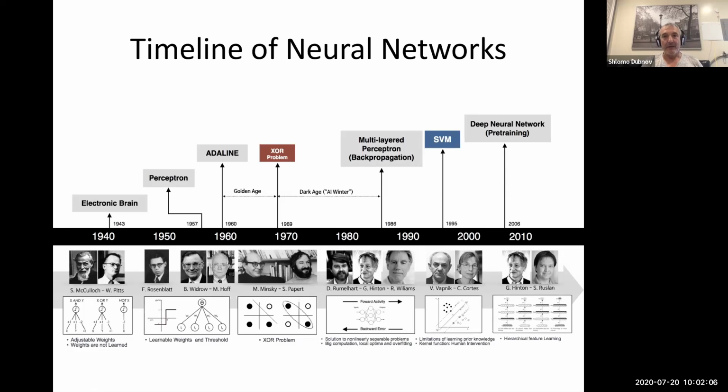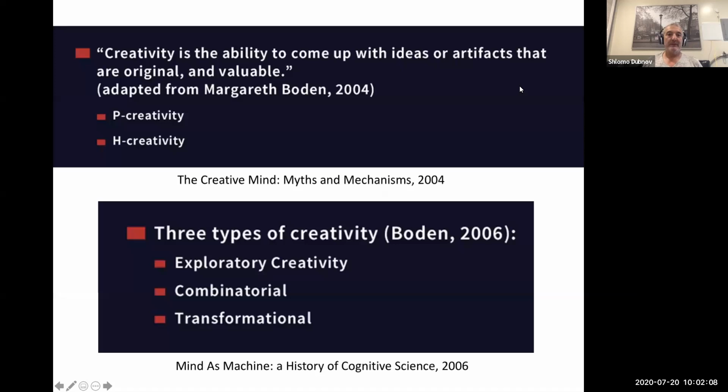So why do we need to think about the ability to generate something? And if we assume that generating something is a creative process, so from more of a psychological perspective, Margaret Boden published several books which became landmarks also for the computational creativity community, and we're trying to see what it means that something, human or a machine, is creative.